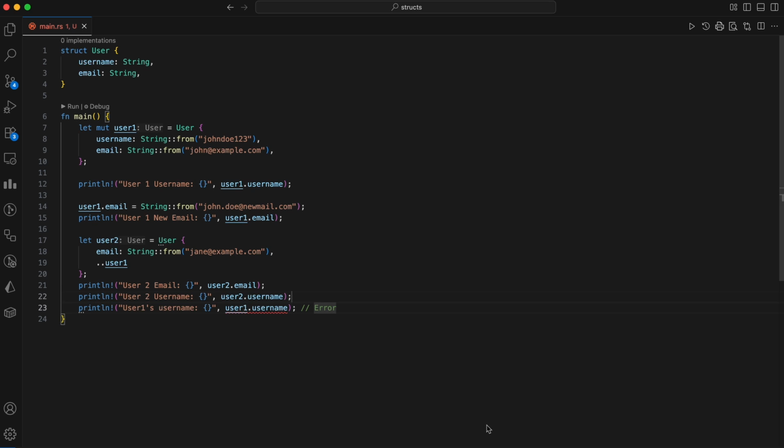But what if you want to keep user1 valid after creating user2? To do that, you need to ensure that the fields being copied from user1 are actually cloned rather than moved. Since String does not implement the Copy trait, you'll need to explicitly clone it. Here's how you can do this. Instead of using struct update syntax, we use this line,